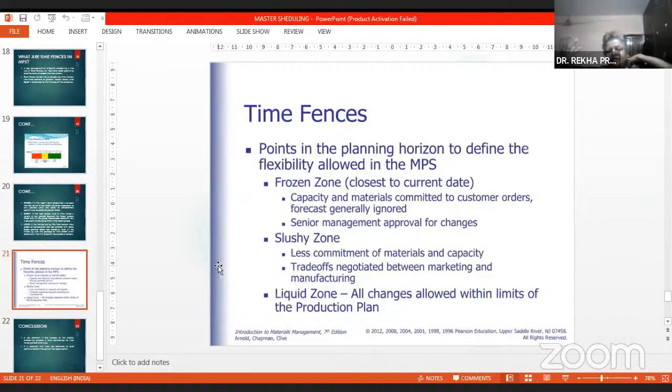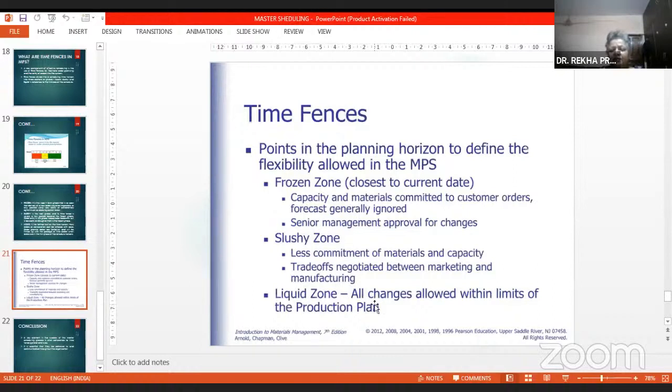So once you have reached the frozen zone, you cannot make many changes in it, and if you want to make changes, you will need senior management approval. And the slushy phase is in between, when you have moved from the liquid zone to the slushy zone and then to the frozen zone.